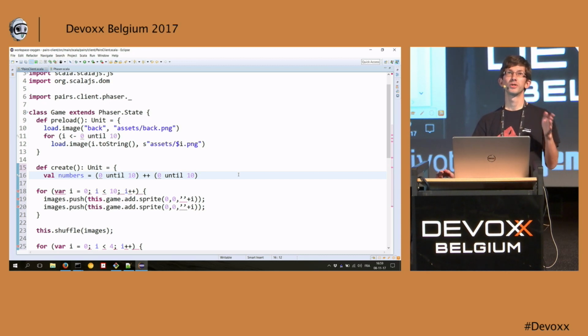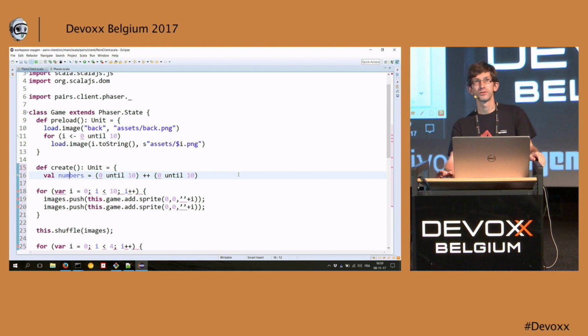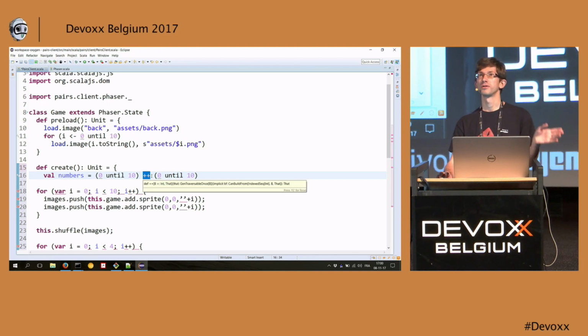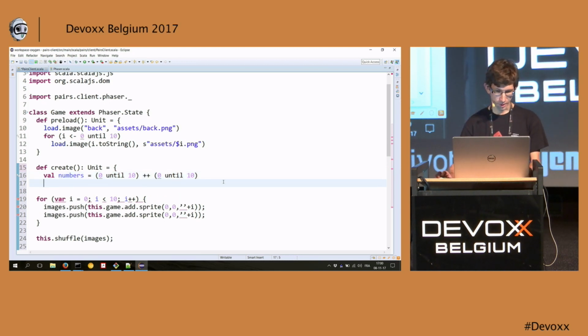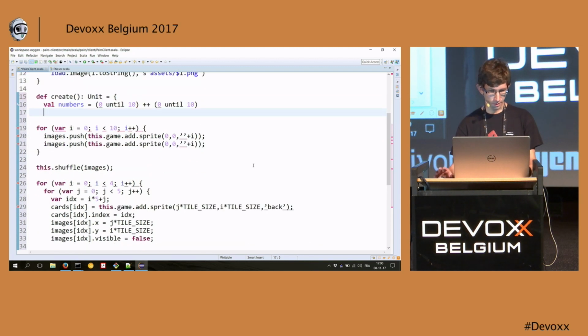So that thing here would be a sequence of numbers. So that would be 0, 1, 2, 3 until 9, concatenated with, again, 0, 1, 2, 3 until 9. So that plus plus here is a concatenation of arrays or sequences or whatever you want to call them. So now that I have my numbers, I can create my images. So the images not shuffled